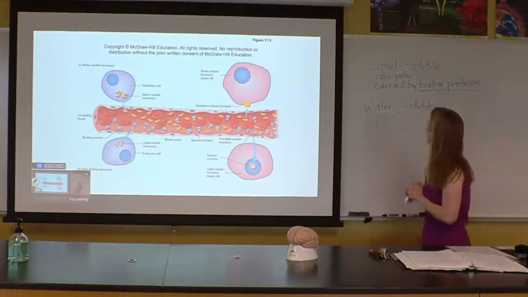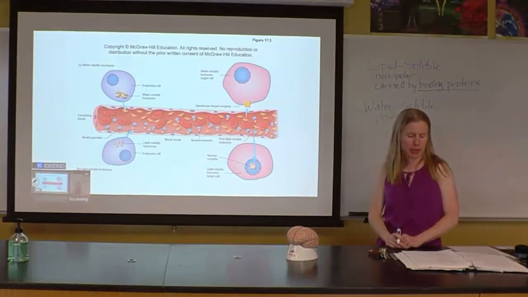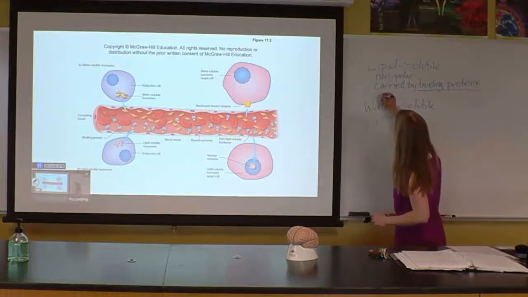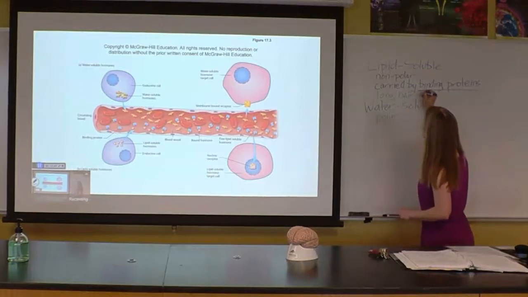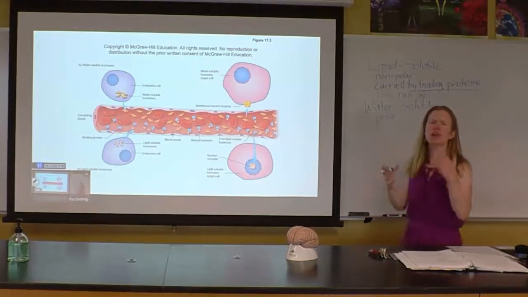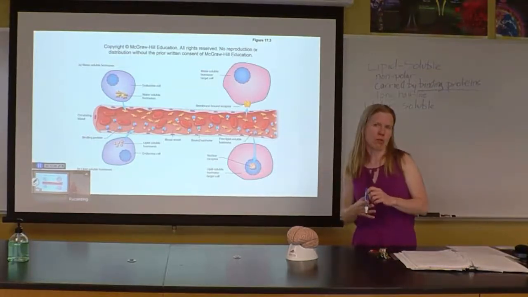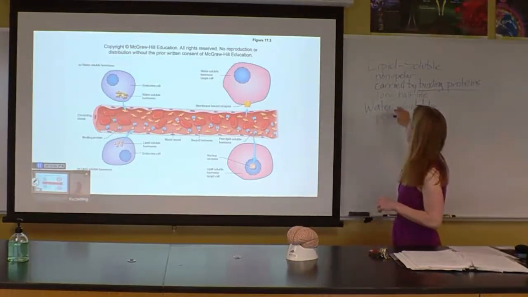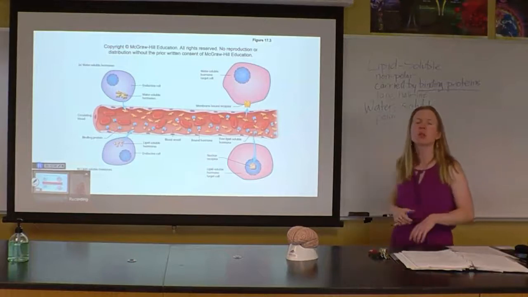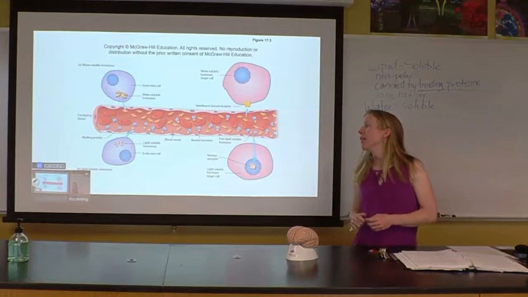Okay? So, particularly the lipid-soluble hormones, since they need to use these binding proteins, tend to have a longer half-life. And the definition of half-life is when 50%, half, of that hormone has been used up. So it's how long it stays in the bloodstream. This tends to be longer than for the water-soluble molecules. This could be for weeks or months that these hormones will be circulating.